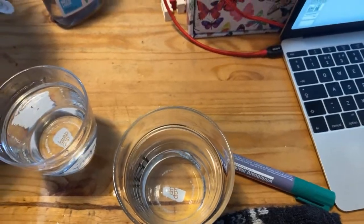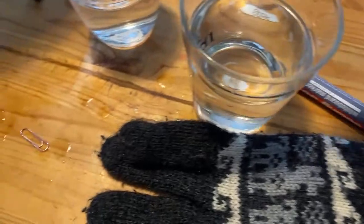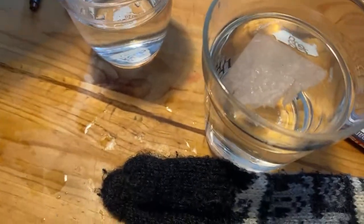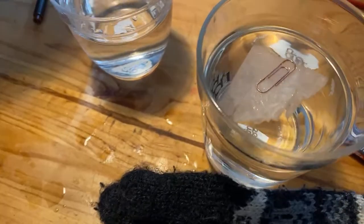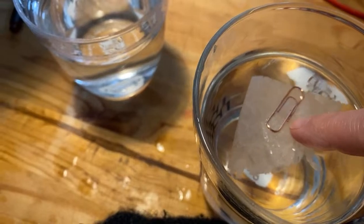I'll use the wet hand to hold my phone. That'll work. Okay, so if you can't get a paperclip to float in water, if you have, well done, sorry, you'll just have to wait for us. Do that, put the toilet roll in the water, then put the paperclip on the toilet roll, and then take the toilet roll away. If this doesn't work, I've got...